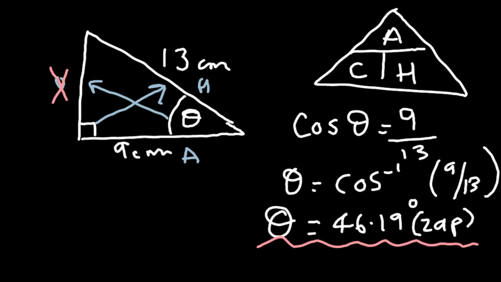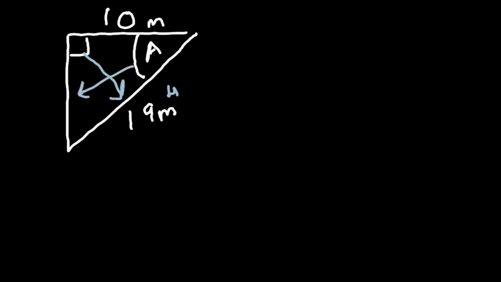Okay, one more like this. Let's find this one. Let's call it A this time for all those people who don't like that theta symbol. Let's say this is 10 meters and this is 19 meters. Here's my right angle. So I'm going to label to start with. Hypotenuse, opposite,